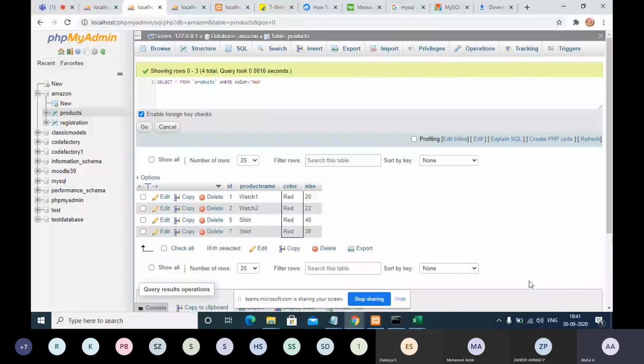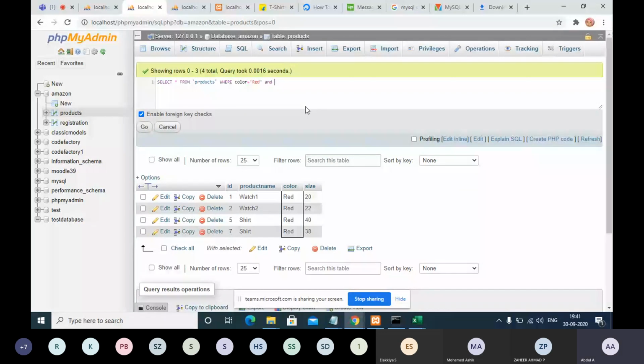Okay, so I need red color products, but I don't want watches. I want only shirts. Then what I need to additionally add is where color is equal to red. And guys, one more thing I need you to understand.